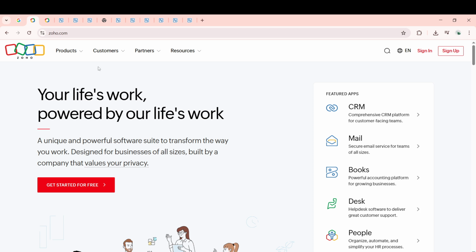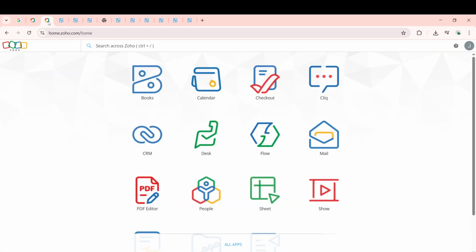Once there, if you already have an account, go ahead and log in. If you're new to Zoho, you'll need to sign up, which is a simple process that walks you through entering some basic information. After accessing your account, direct your attention to the top right corner of the screen where you'll